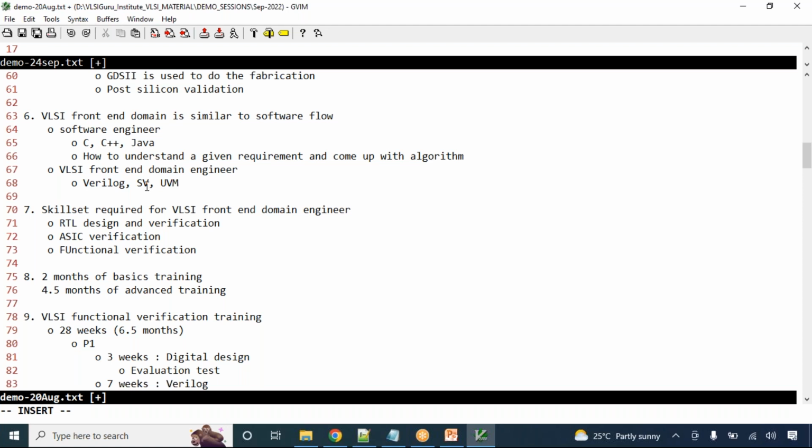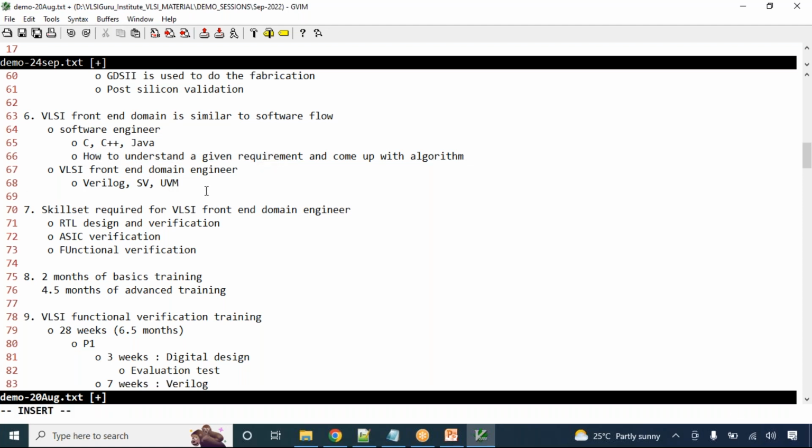What is meant by framework is how to do the same things efficiently. It's the same. UVM is nothing but SystemVerilog. When I say UVM, it is SystemVerilog. But UVM tells me how to do things in a better way, more efficiently. For everything, there are very well defined guidelines. That is what we call UVM. So what I'm trying to tell is, there isn't much difference between a software role and a VLSI role. Here you learn these languages, here you learn these languages. Now when you come to the second